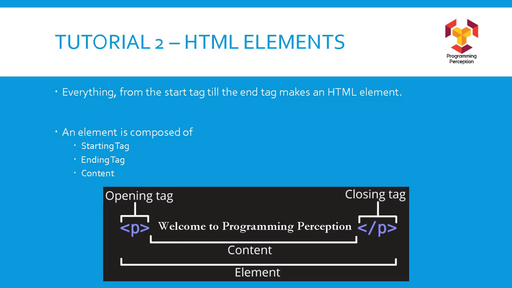So there are different types of elements that we create, right? Don't get confused. If we talk about tags, we are only talking about the opening or closing one. If we are talking about content, we are talking about the text which is being displayed. And if we are talking about an element, we are talking about everything from the opening till the closing tag.